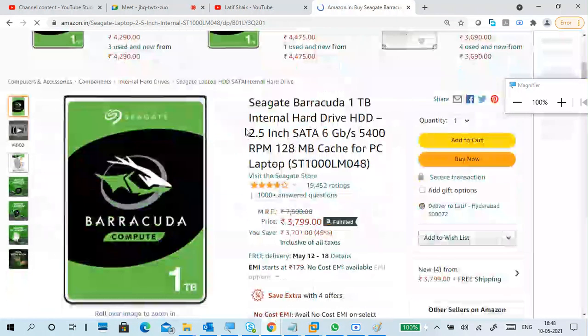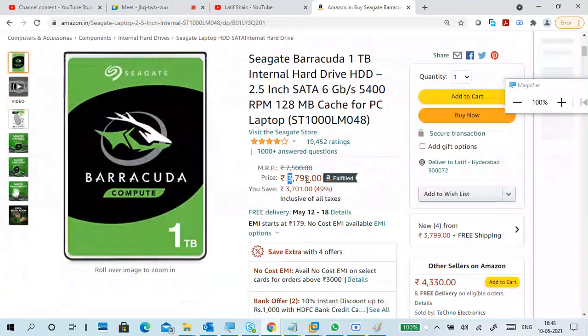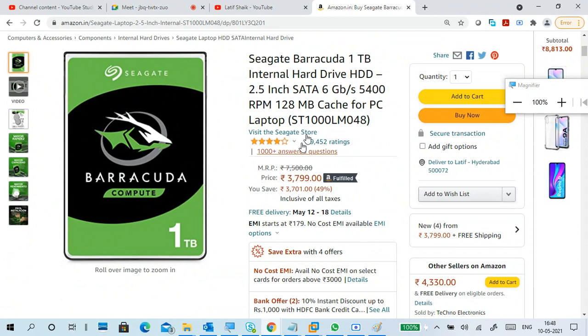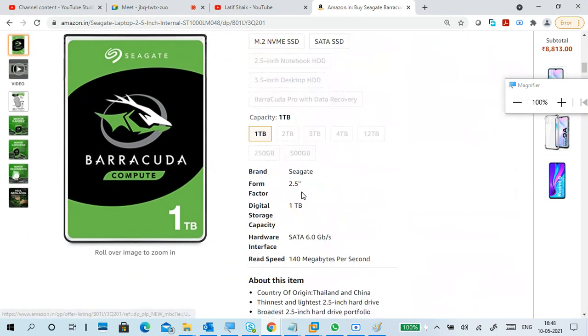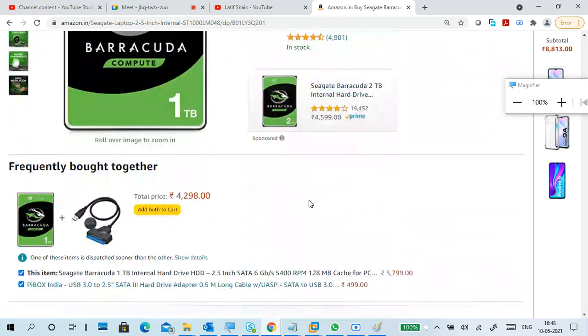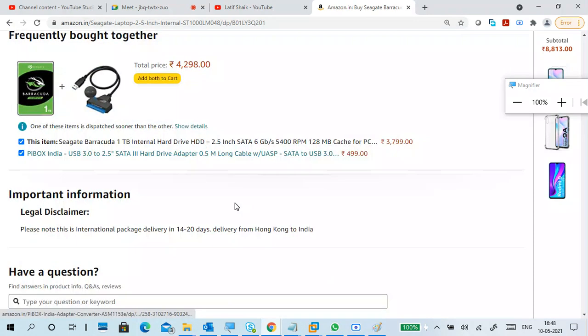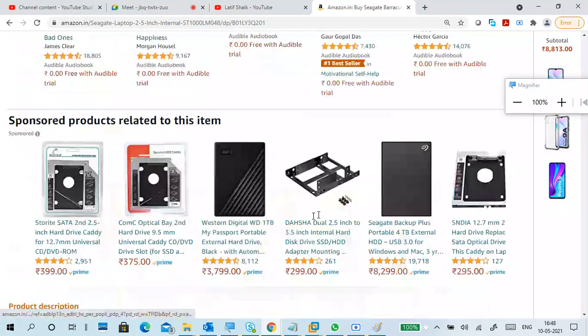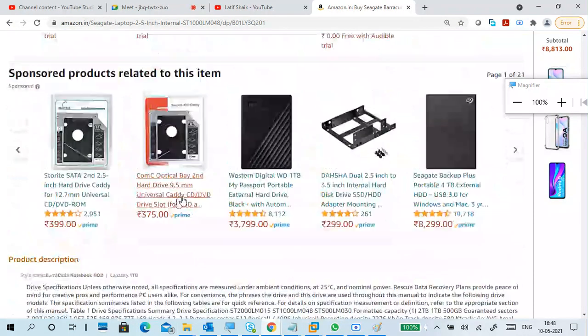Okay, like this. I think I purchased Seagate only. At that time it cost a little bit less. Cost is okay, 1 terabyte. See, 1 terabyte, this is the current cost. But if you go with a 1 terabyte SSD, it is around 10,000 like that. This is for external connection.